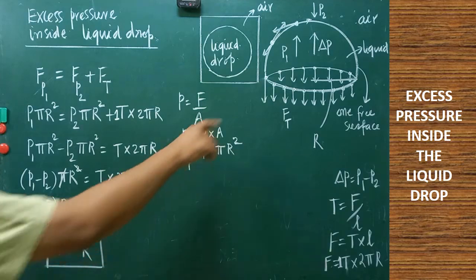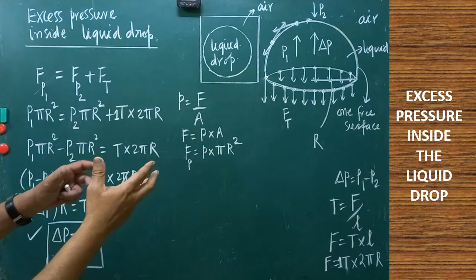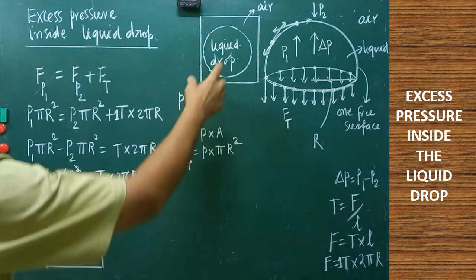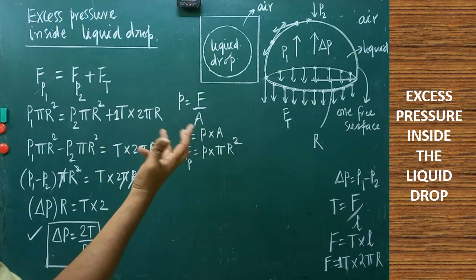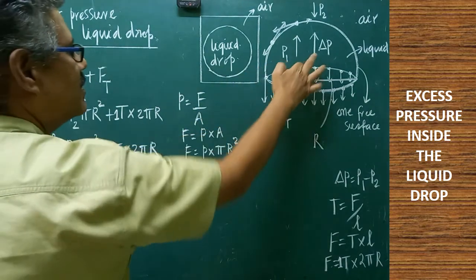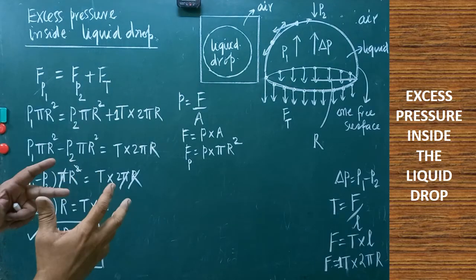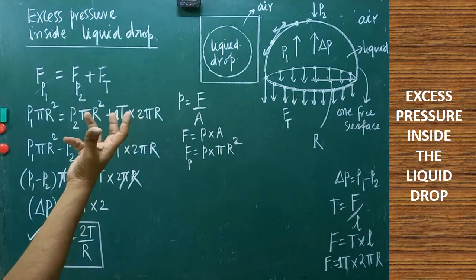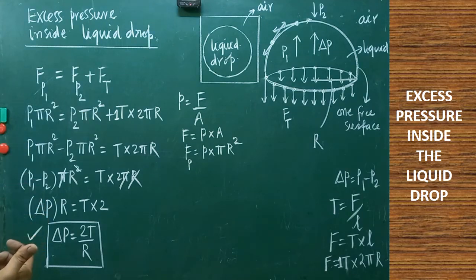Here, the force due to excess pressure and the force due to surface tension are both acting in opposite directions. Both of them will be in equilibrium. Because of that, the liquid drop will always remain in the spherical shape. That is the purpose of learning this. Force due to excess pressure and force due to surface tension are balancing one another. They will be in equilibrium. Because of that equilibrium condition, what happens? The liquid drop will always remain in which condition? The spherical shape. Understood?